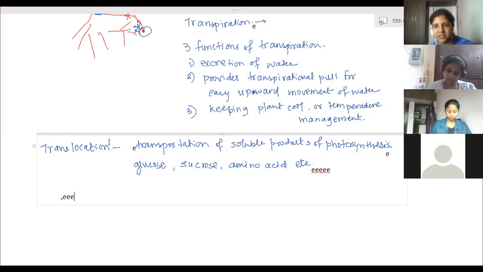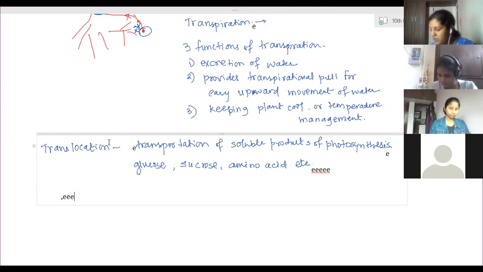Energy is needed here because water is not what is transferred. The soluble substances, the solute, has to be transferred from one place to another, from its higher concentration to lower concentration. So water transfer doesn't need energy, but solute transfer needs energy. So for that, ATP molecules are used. And translocation takes place in all possible directions. It is upward, downward, everywhere it will transfer. But the water transportation is only one directional. It will move in only one direction. Clear?